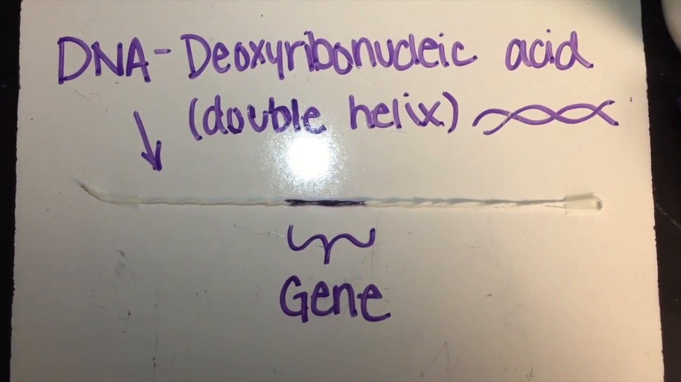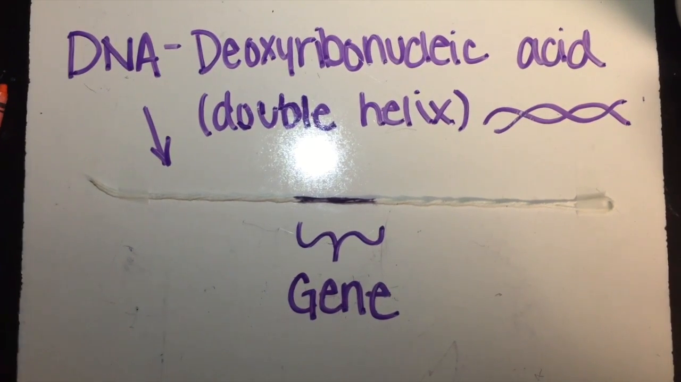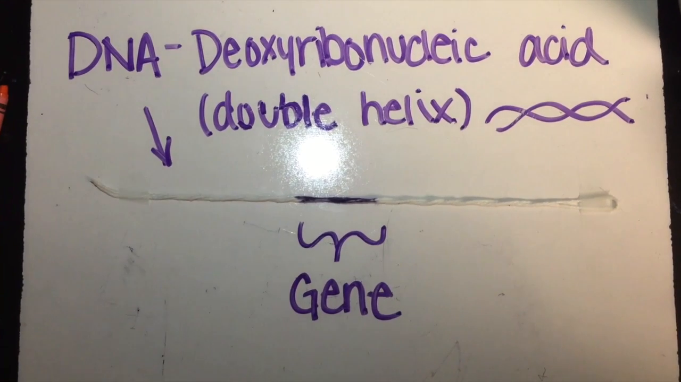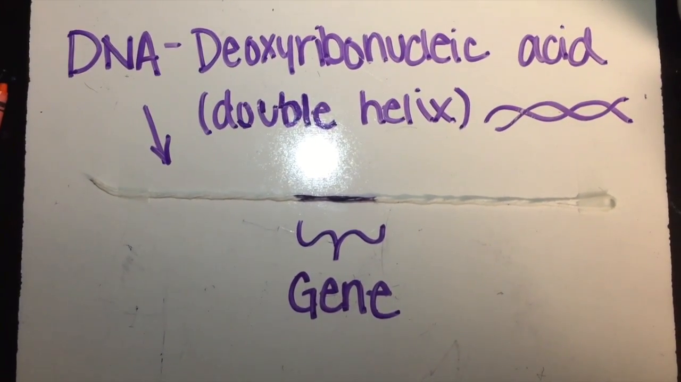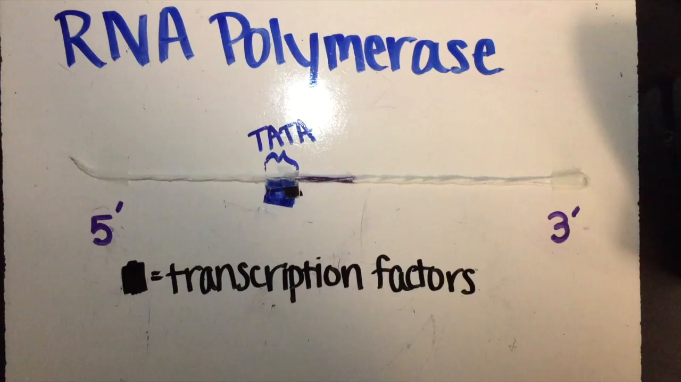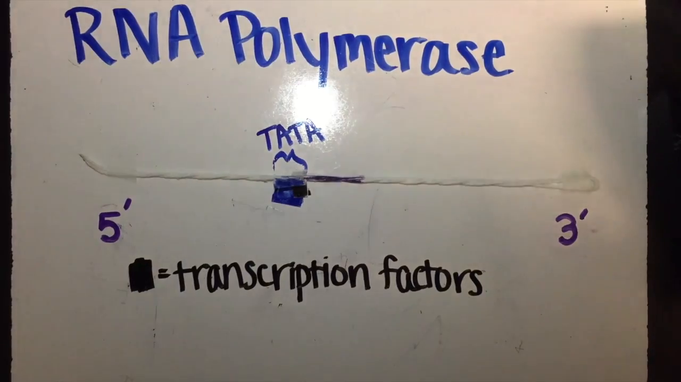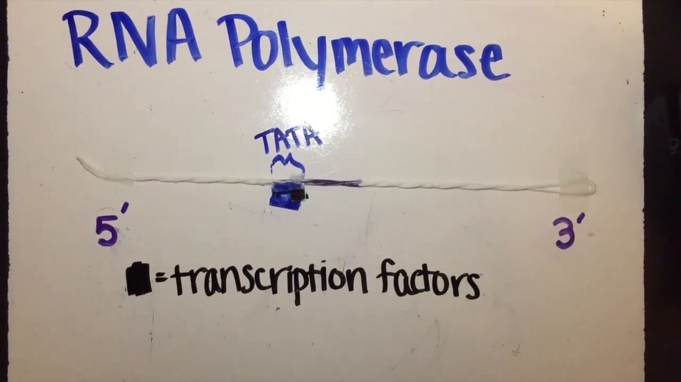This is DNA, or deoxyribonucleic acid. It's in the shape of a double helix. So the string that's twisted is our DNA, and the purple segment is a gene which codes for a peptide. First, the transcription factors, which you can see in the black, come and bind to the TATA box, or the